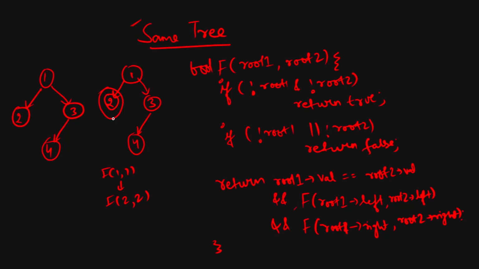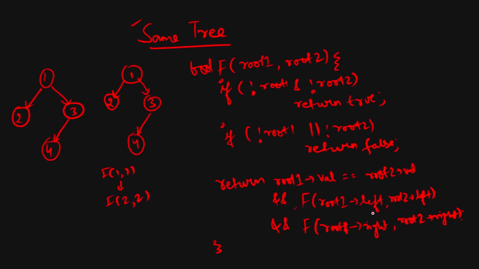Its left and its left, both of them are true. Now it will check both of them are not null, so these two conditions will not hold. Then it will check these values are same. Yes, values are same. And then it checks its left. So its left is null, its left is null. Both of them have null left. If this had 1, let's say, in that case what would happen? Root 1 is null, but root 2 is not null. In that case it will return false. But right now both of them are null, so they are equal. So it will return true. So f22 left returns true.